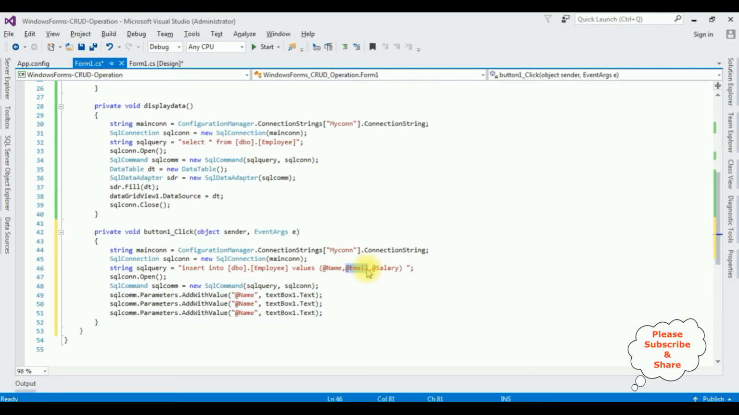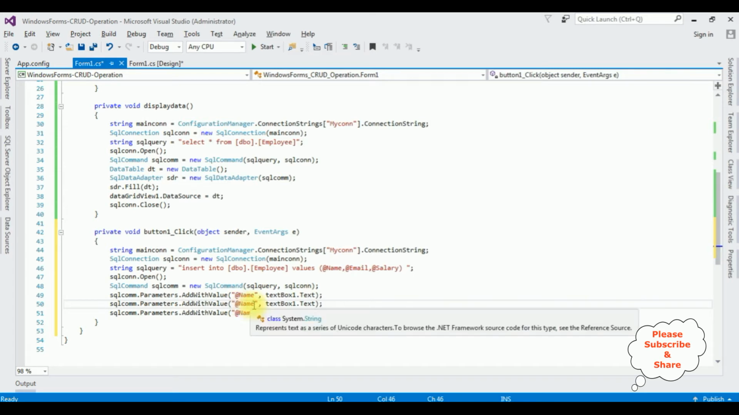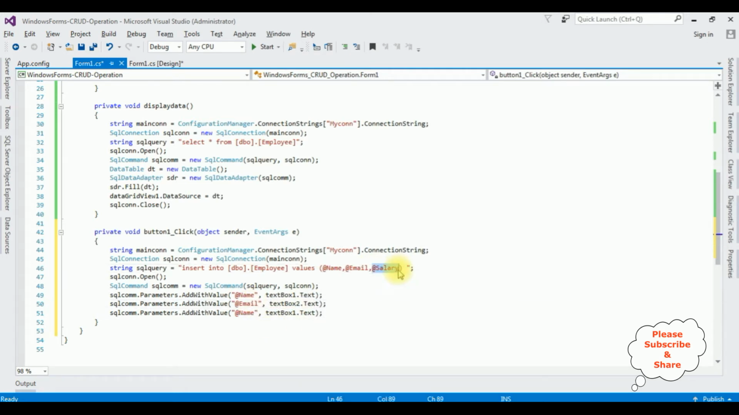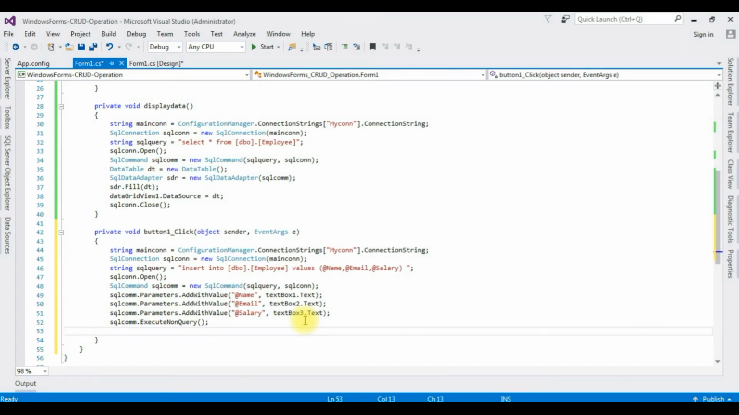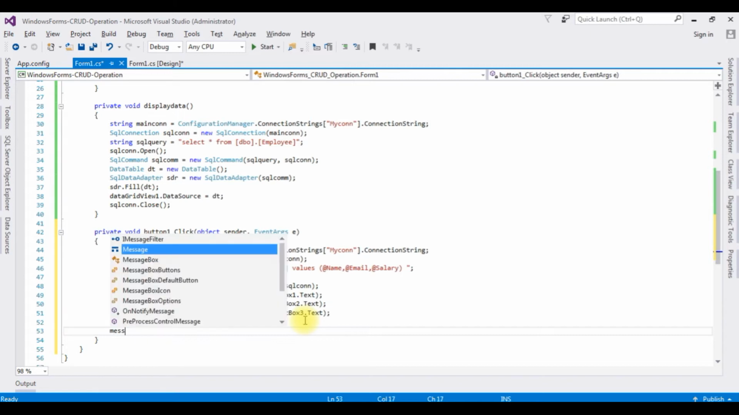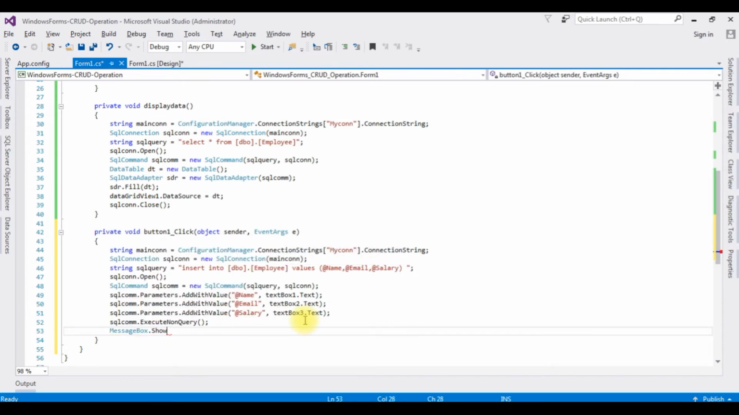Let's add the second column name, which is email, textBox2. The third column is salary. The text box control is textBox3.Text. sqlCommand.ExecuteNonQuery method. Once the record is inserted successfully, I want to display the message MessageBox.Show, which takes the string parameter